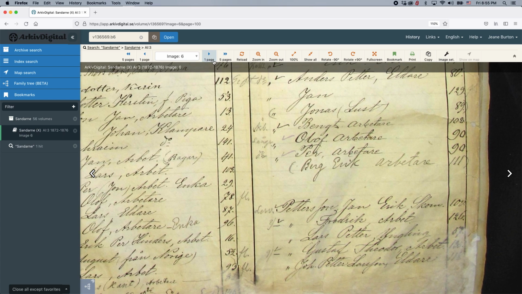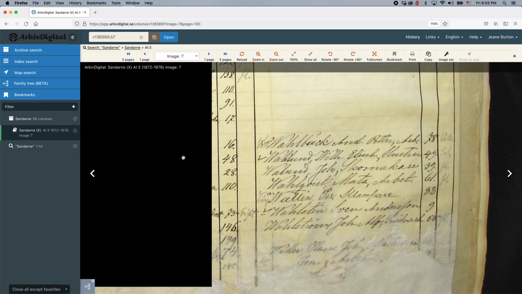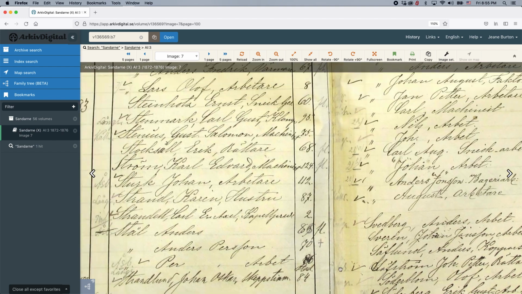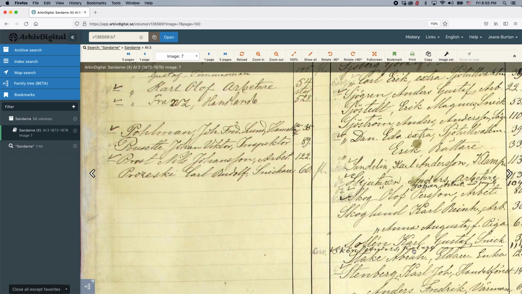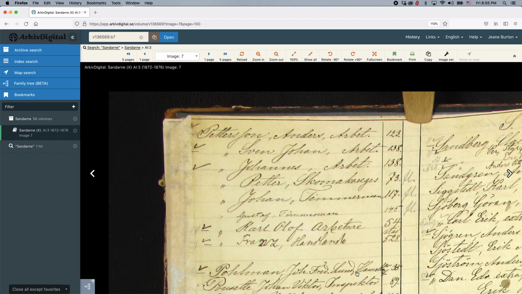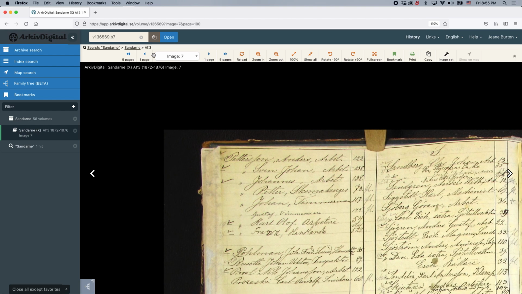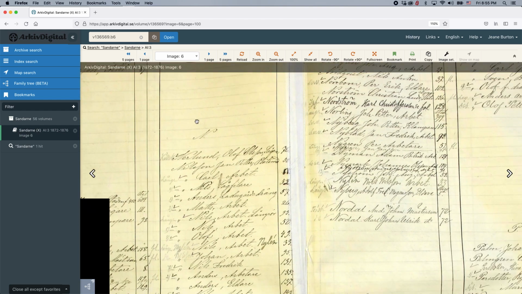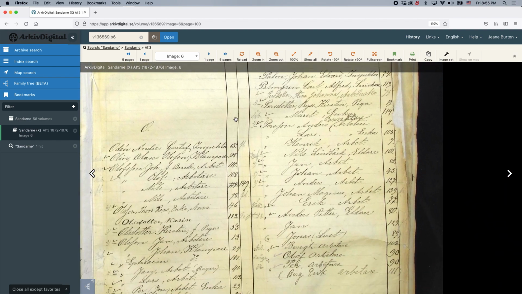Let's look on the next page to see if we see any more Johan Petterssons. Up here, we see that there are some other Petterssons, and there's a Johannes, but he's a worker. There's another Johan, but he is not a skomakare, so we know we have the right person, who is on page